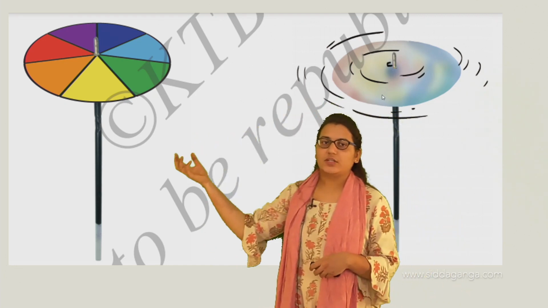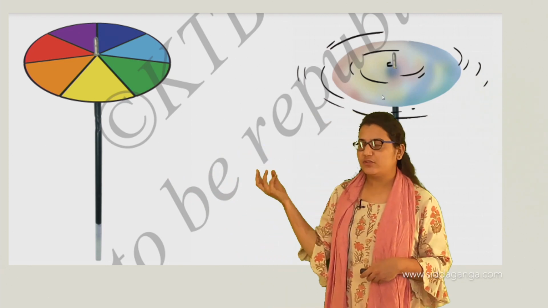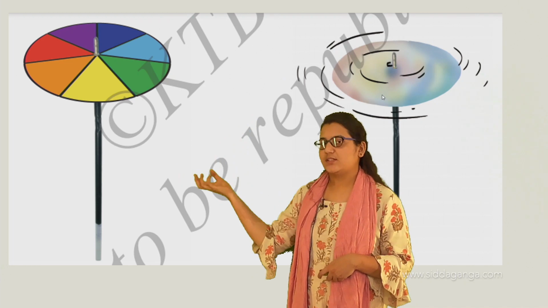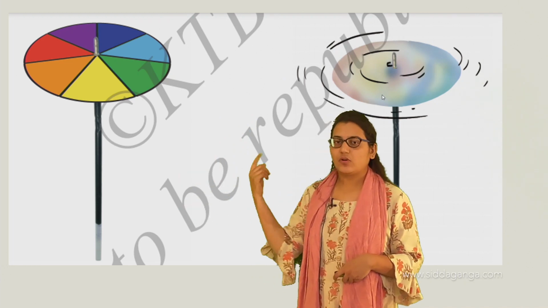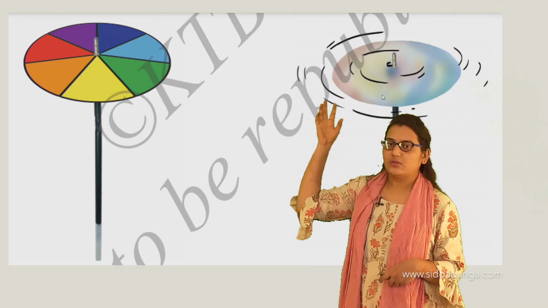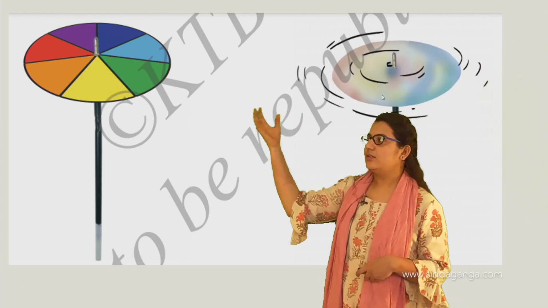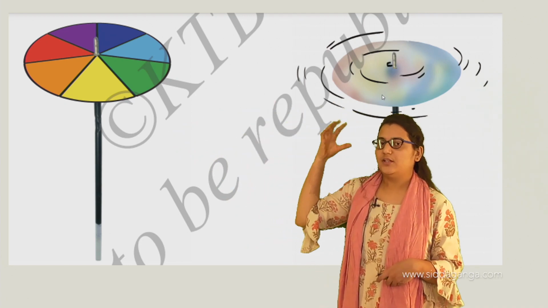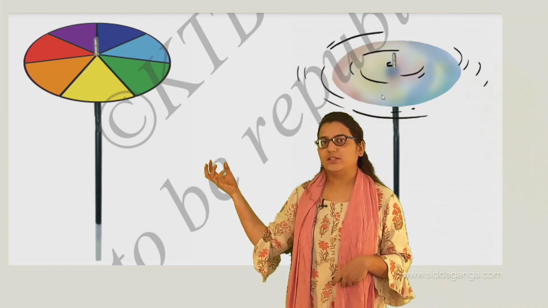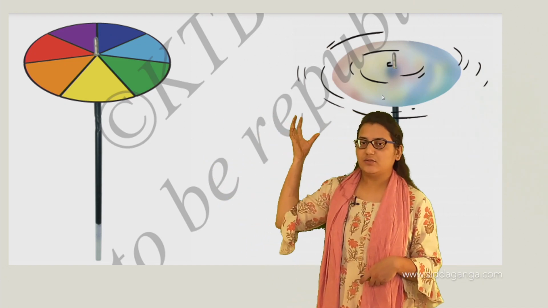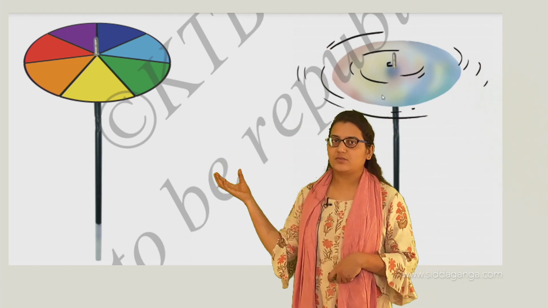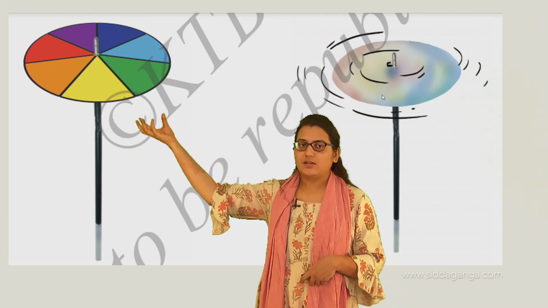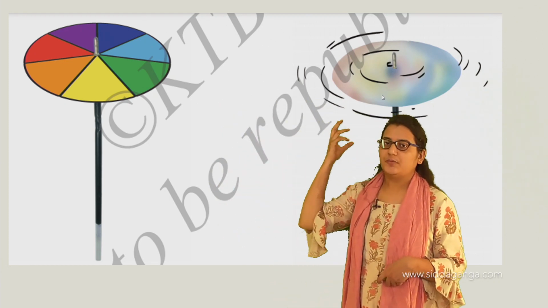When you rotate this disc which you have made very colorful, which you have painted or pasted some chart colors, and you rotate it fast, this is how it looks. The 7 colors, when you rotate it, appear to be white. So I am relating that to sunlight. When there is white light, it appears as the 7 colors. These are all the colors a rainbow has, what sunlight consists of. These colors when you rotate appear to be white.